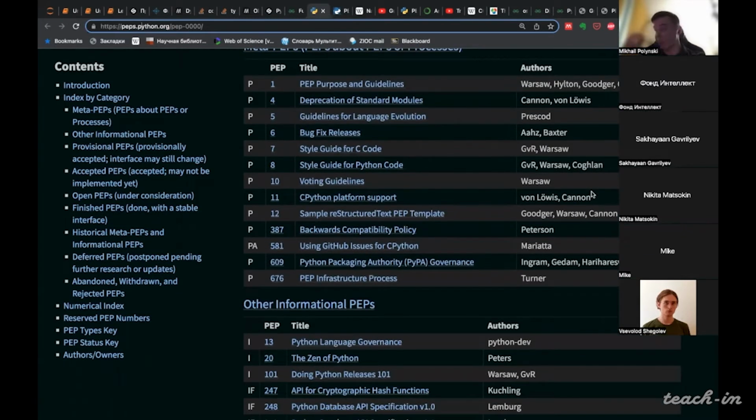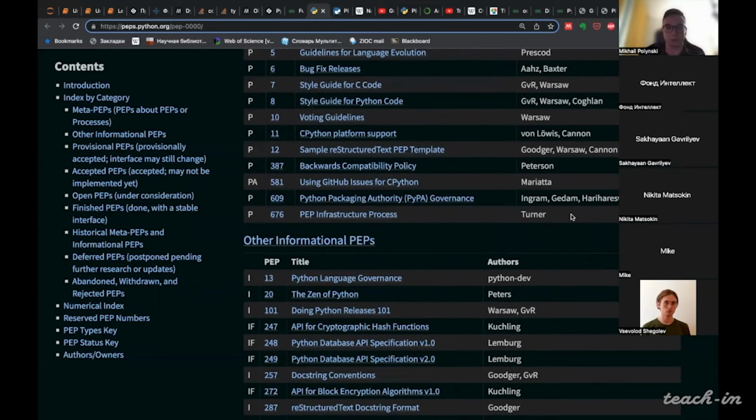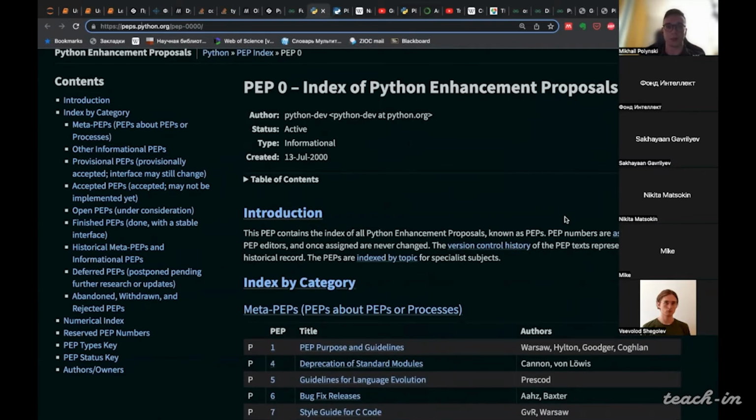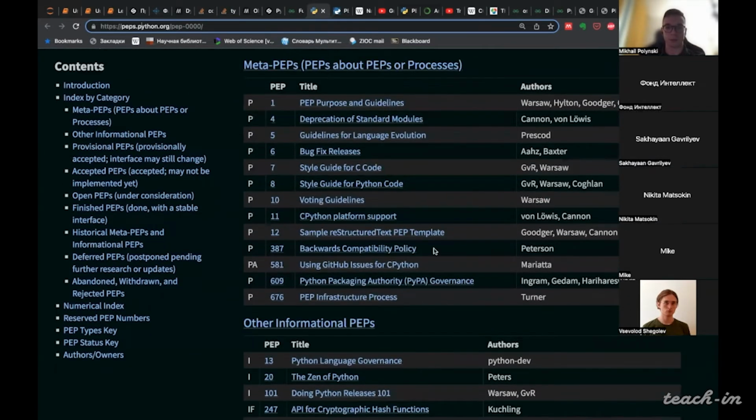And basically, since Python is a programming language that is developed by the community, a way to organize the process of development by a huge community of people is to write some specifications, etc. So in the case of Python, it's done by issuing Python enhancement proposals.